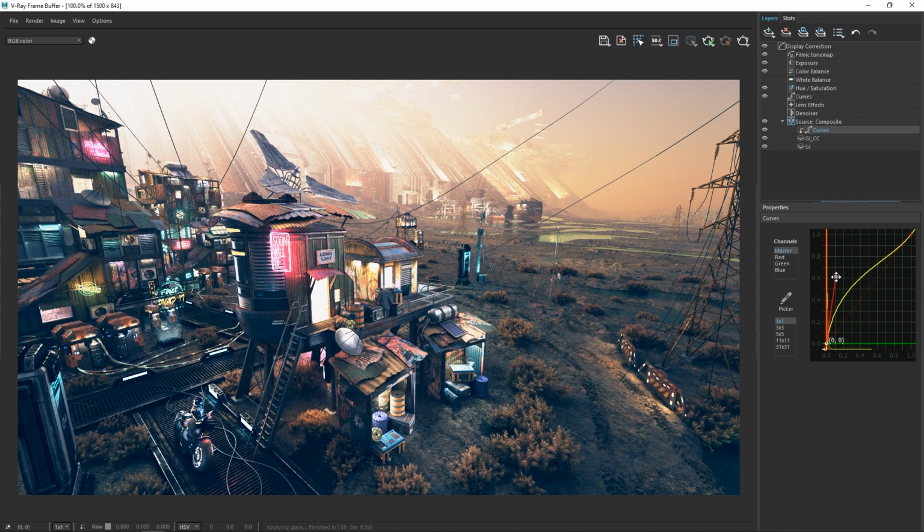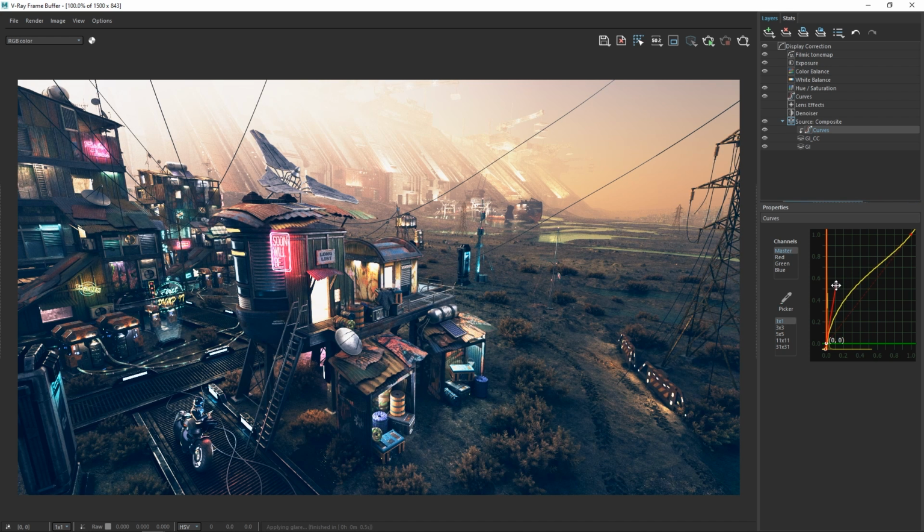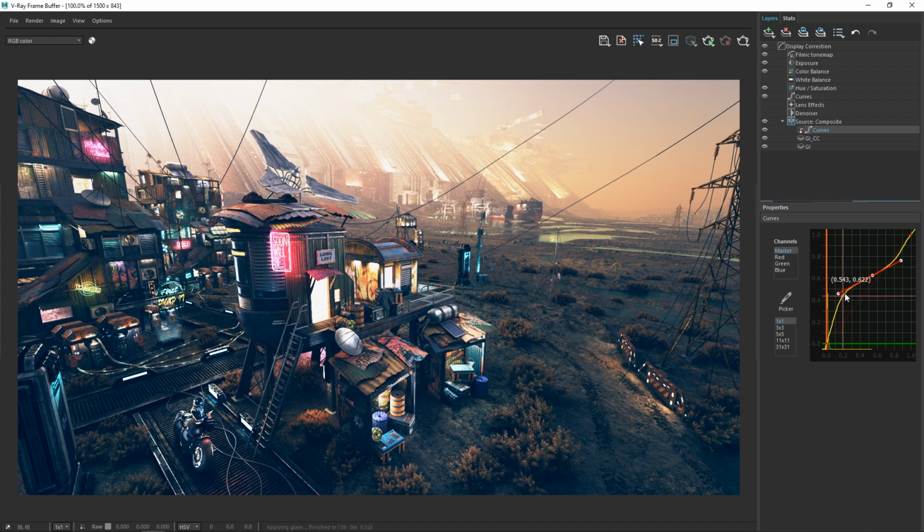You'll see in the image on the left now that we're able to easily control and alter the look of the GI here. If I double click elsewhere on the curve, I can create a new Bezier point here and further refine my image to brighten it up a bit until I'm happy with it. Note that you can also right-click on the handles to switch between different interpolation modes. You can also use the Channels menu on the left to switch to a different RGB channel. In this case though, I'm liking how this looks already, so let's move on to take a look at the